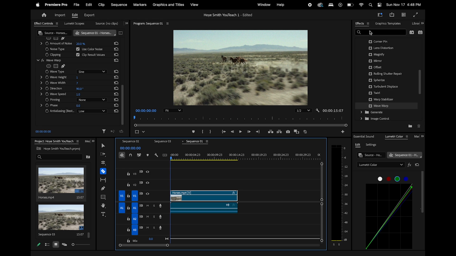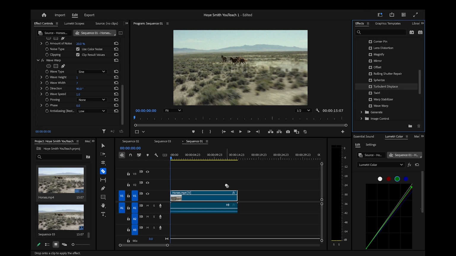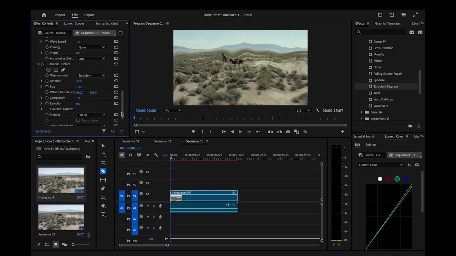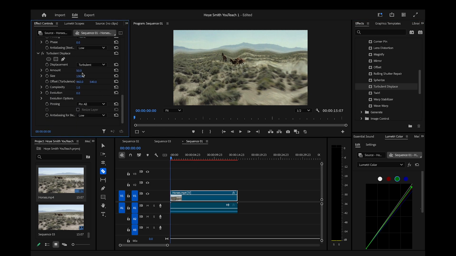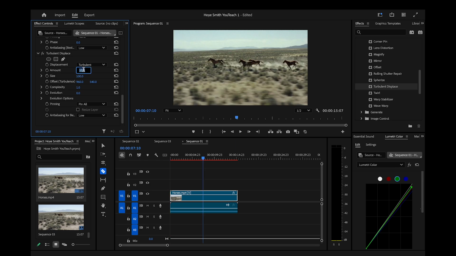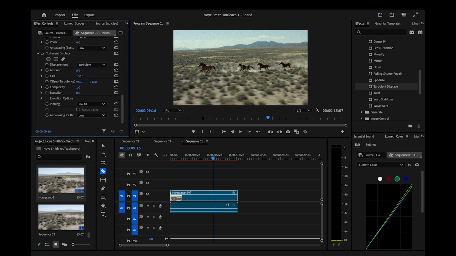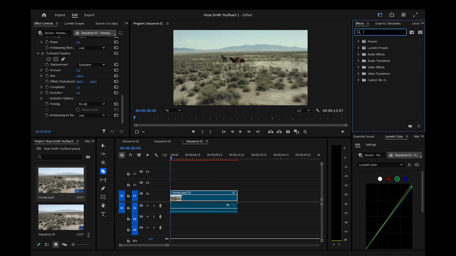Then we're going to go over in effects and we're going to grab turbulent displace and drag that onto the timeline. Then we're going to go to our effect controls and we're going to adjust the amount. So we're going to change that to 5, but you can do whatever looks best for the video. Then go over to effects and we're going to select brightness and contrast and drag that over our video in